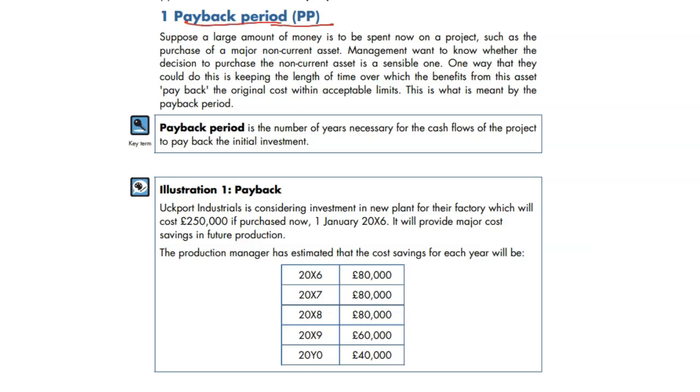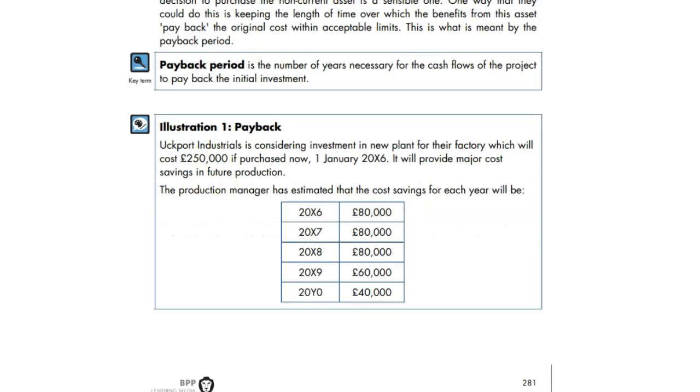PP, payback period, indicates how quickly you get your initial investment back, how many months or years it takes you to get your investment back. Payback period is the number of years necessary for the cash flow of the project to pay back the initial investment. For example, if you have invested 500,000 pounds in a project and each year you are getting 100,000 back,